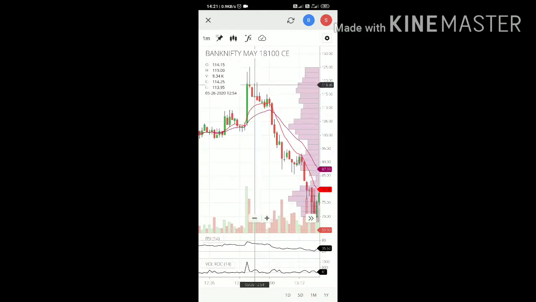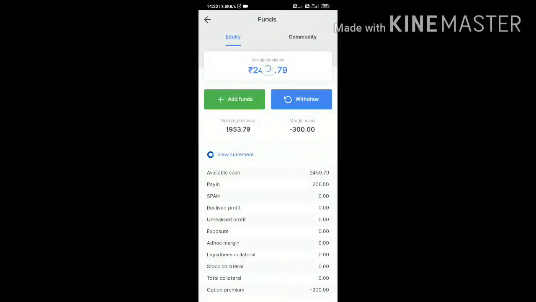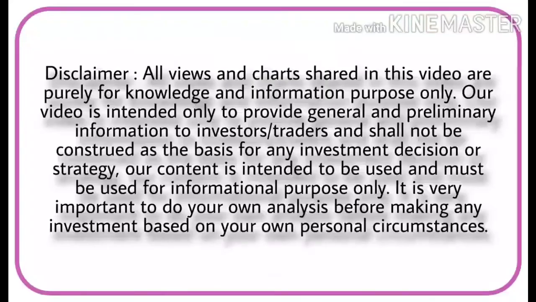You can clearly see this is another trade which I took around here at 103, and within 1 minute I booked a profit by trailing it at 110. So I booked 6.7%, and you can clearly see if I had waited just 1 minute, I could have booked 121 again. It's around 22%, 23% maybe. But I haven't waited. This is a good thing. You shouldn't be waiting around. So I haven't waited, and I booked a profit right there.